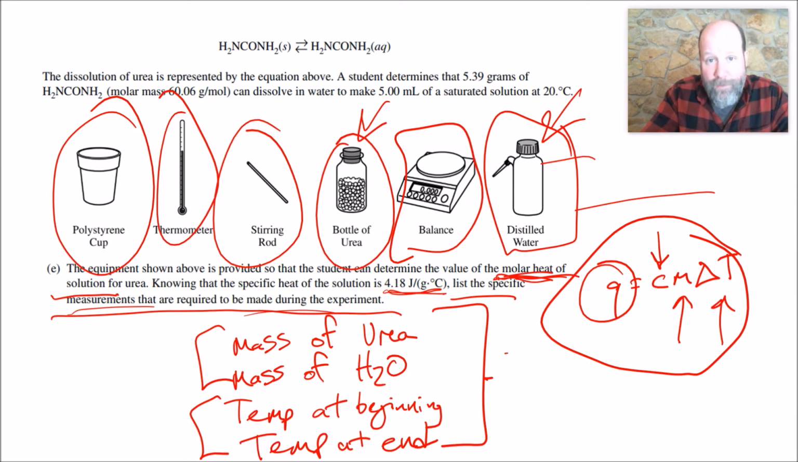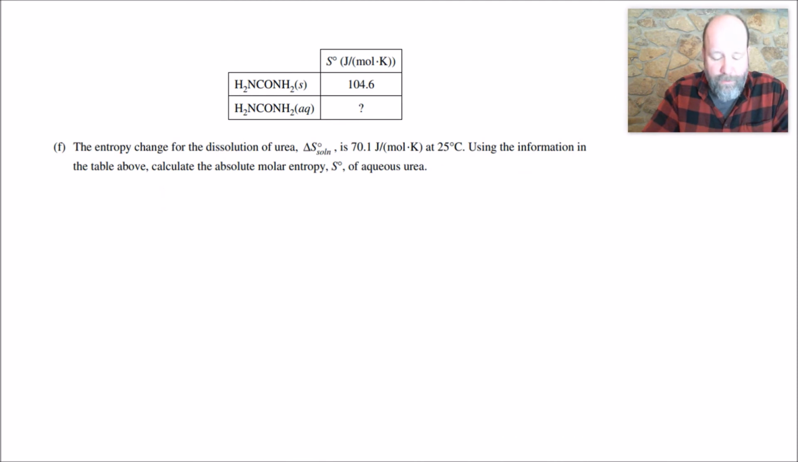Try throwing those words or phrases out of the question entirely, because they're just trying to say things to you in a way that maybe you're not familiar with, to make you think that you don't know what they're talking about, but you do know. They're just using different terms. So don't be shaken. Okay, so the entropy change for the dissolution of urea is 70.1 joules per mole Kelvin